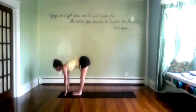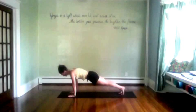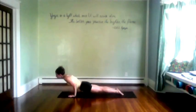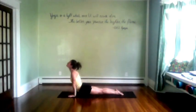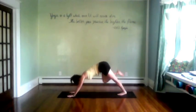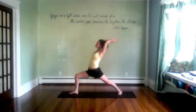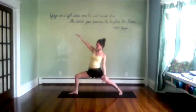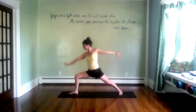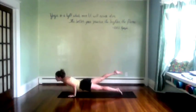We'll place hands on the ground, send the hips up high, flatten back, and then step the right foot all the way back, left foot back, plank position, chaturanga, urdhva mukha svanasana, and adho mukha svanasana. Kick the right leg high, place that foot between the hands and root the back heel down. Inhale up to warrior one, exhale warrior two, inhale reverse warrior, and swing arms down to take an optional vinyasa,